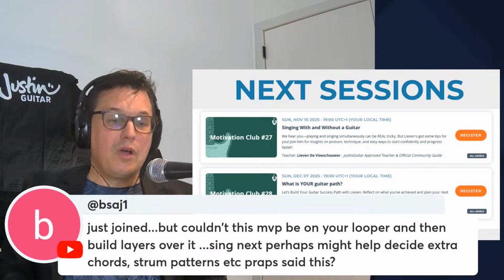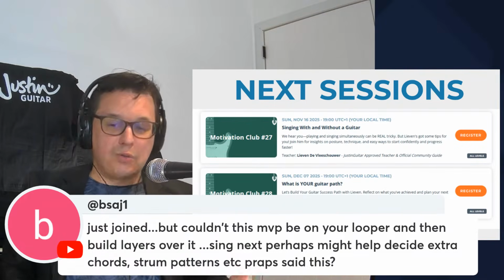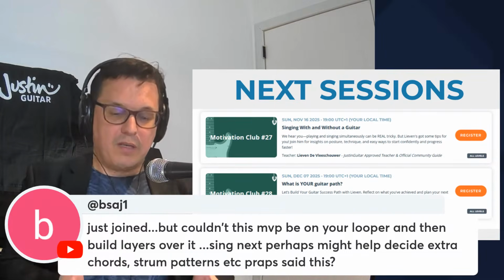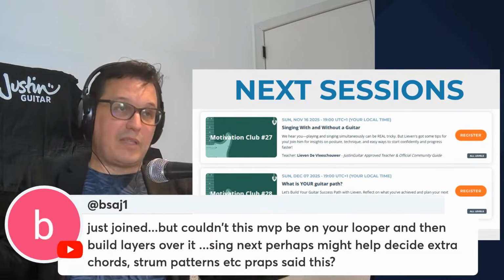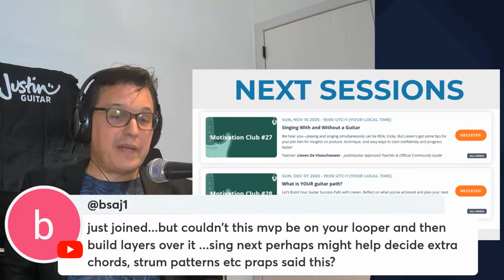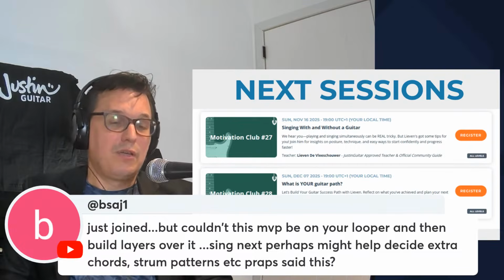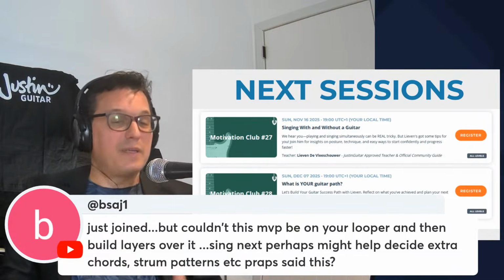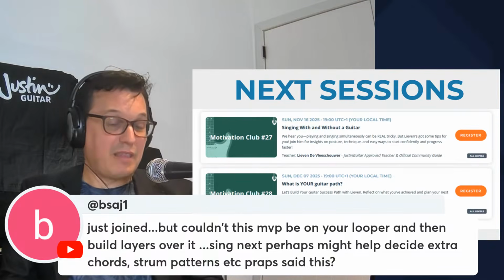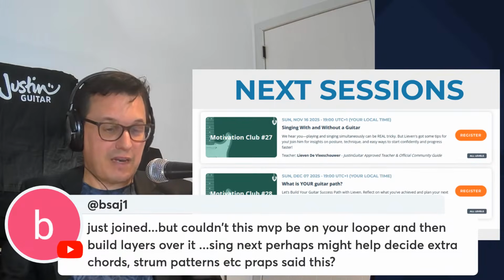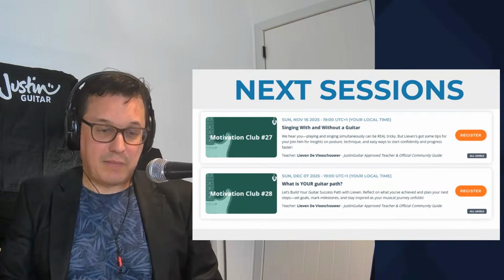Or, as soon as you get a hang of the complete structure of the song, you can play the complete song as you want to bring it, even if that's only half of the original song. Play that in your looper and then start building stuff over that. Using a looper to loop your MVP as a basis and build upon that is, I think, a very good way to apply this method that I've shown you. Good idea. Absolutely.